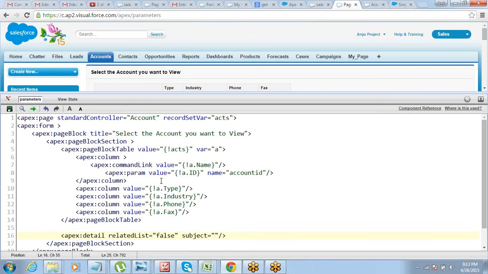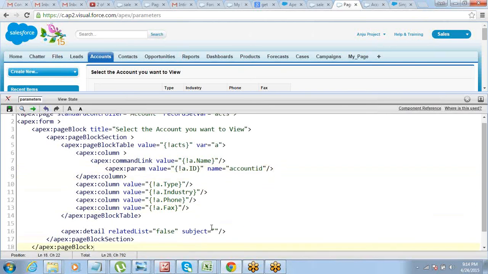So now this component creates a new parameter called accountId, and the value of accountId is a.id. A is the record which is being selected. Correct? Just understand this part. This name you could have given anything. Parameter is just like a variable. So I defined a variable, and the value of the variable is a.id. It picks the ID from the selected record and assigns it to this variable. Only thing that I have to do is call this variable here on the subject of the detail component. To call it, the syntax is pretty simple.